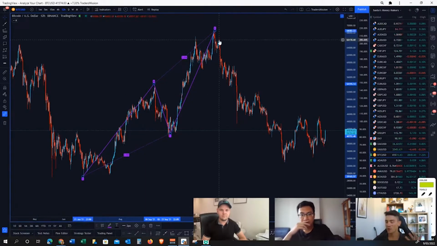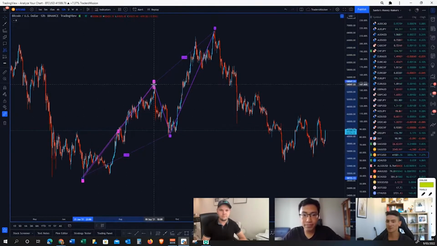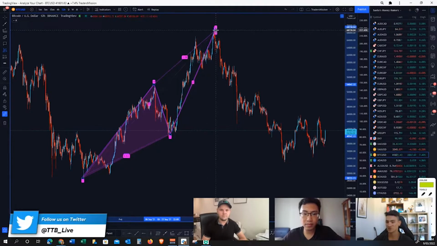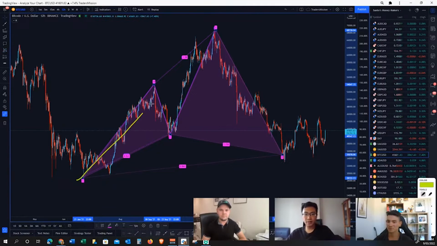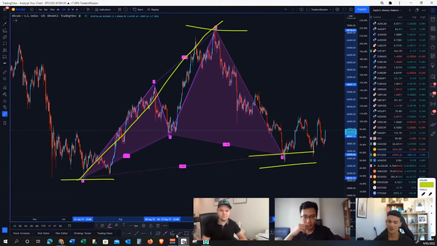So now we want to look at where the major extreme of the current pullback is. This is where the harmonic pattern comes through, because we have a Cypher pattern, which would extend up to our first A, and our B retracement can pull no greater than 1.618. In this case, it's 1.58, which completes the C wave. Then we pull this back to an absolute extreme between 78.6% or 88.6% of this last major move, which would be the pattern completion, which we're seeing now with